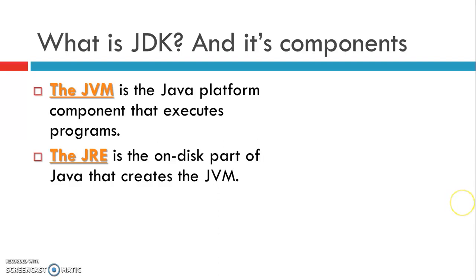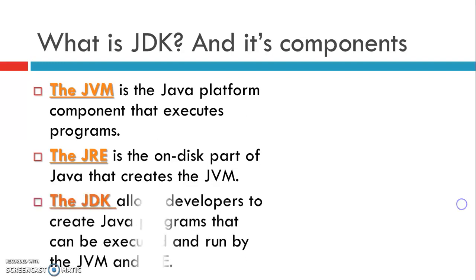The JRE, the Java runtime environment, is the on-disk part of Java that creates the Java virtual machine. And then the JDK allows developers to create Java programs that can be executed and run by the Java virtual machine and the Java runtime environment. To explain this concept, what the JDK is and its components,